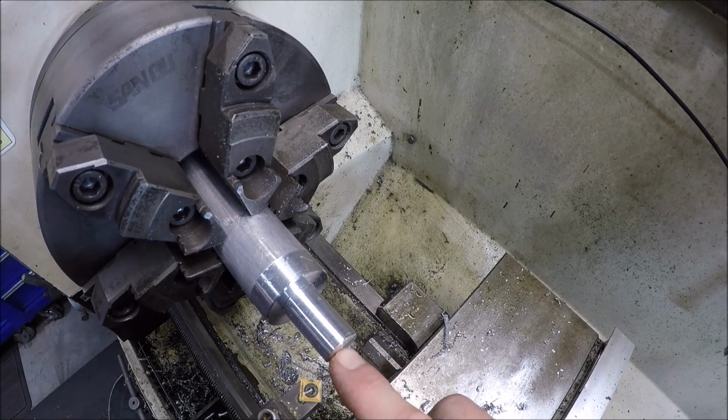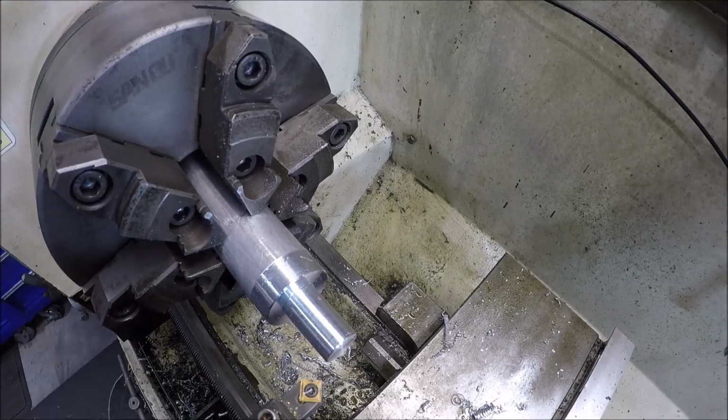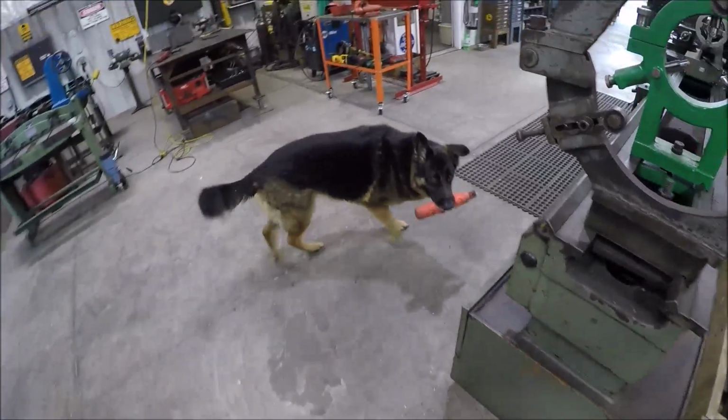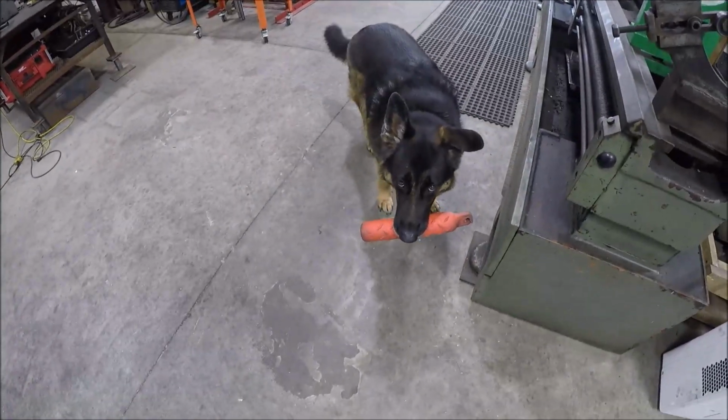Now we need to drill a 1/4 inch hole. But before I drill that hole, I've been informed by Mr. Chaos I'm not doing my due diligence,